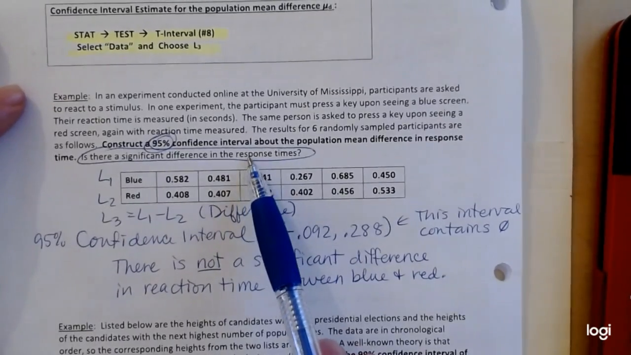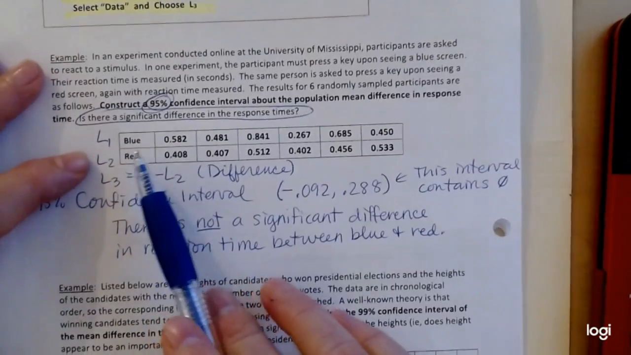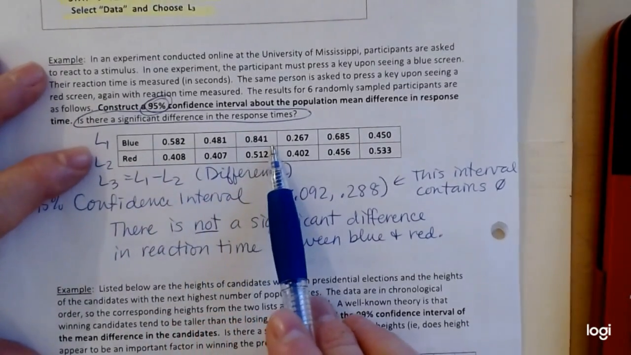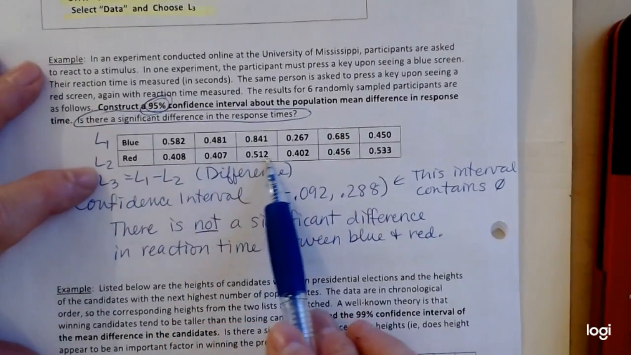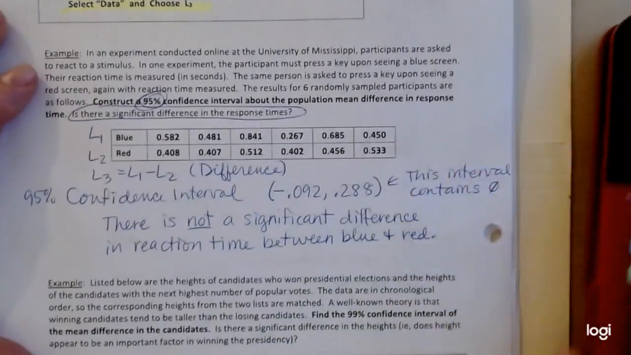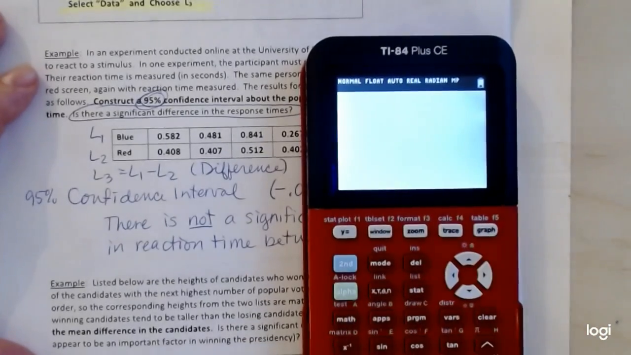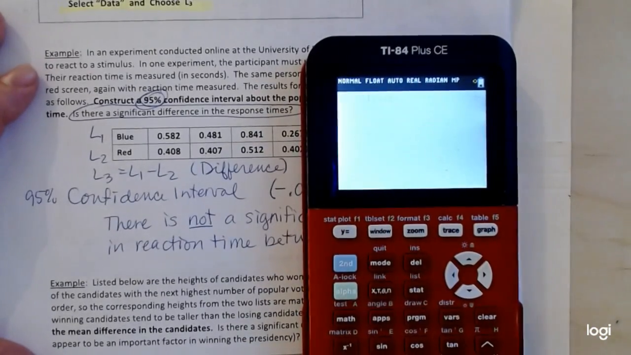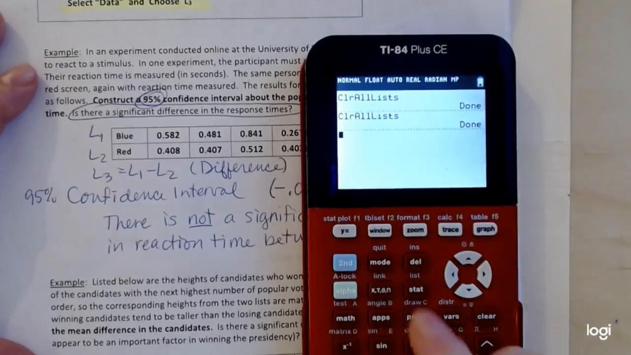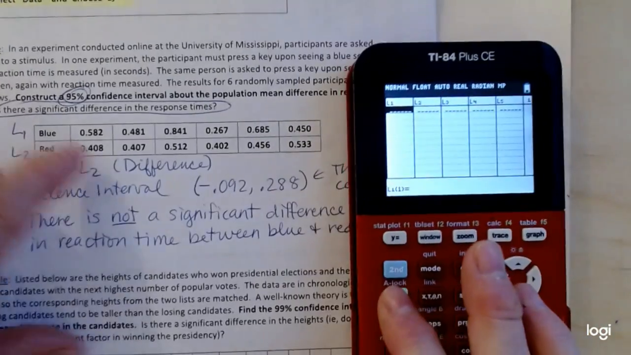And of course, they're talking about response times to the blue versus the red. So L1 is the response times to the blue screen, and L2 is the response times to the red screen. So L3 will be L1 minus L2, and we'll put those in the calculator. So we've got L1, it's going to be